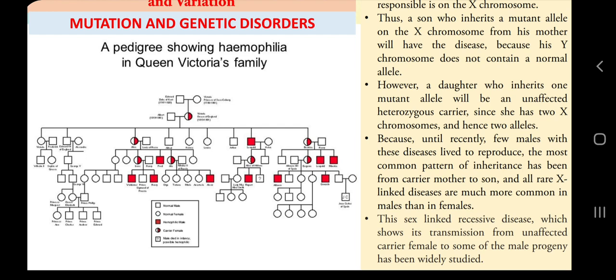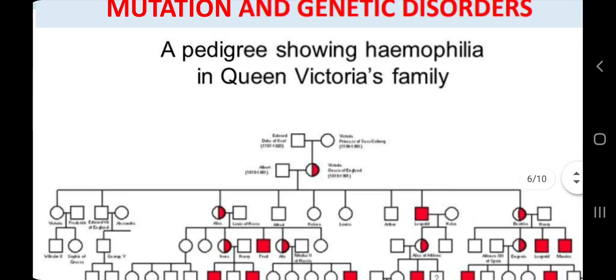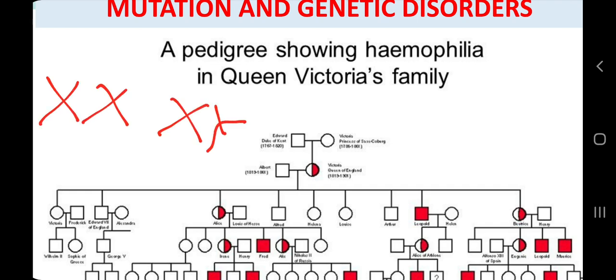So I hope you will understand, and if you want to understand this better, please keep this situation in mind: a carrier female with the hemophilia gene and a normal male. You can plot a Punnett square like we plotted in the Mendelian monohybrid cross, and you can solve this cross on your own by taking different examples, and you can see various probabilities of hemophilia, and then you can understand this situation better.